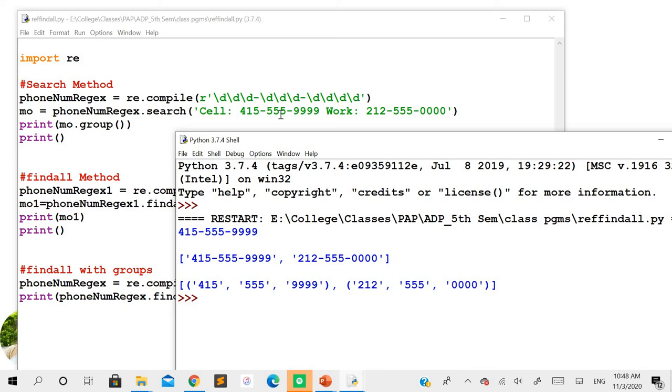Even though the two values have been matched with this pattern, since you have used the search method, it is only going to get you the result for the first pattern matched here. So the first search result is going to be displayed as a result here. I hope you are getting the point I'm conveying here.